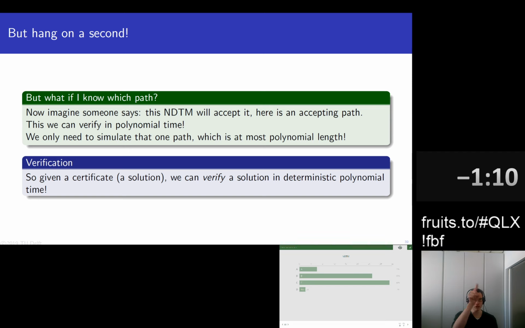And now you only need to check this one path. And checking that one path requires polynomial time. No more, no less. And that's great. So checking one path, we can do in deterministic polynomial time. Which means that for these problems, if I give you a certificate, a path through the non-deterministic Turing machine, in terms of problems, if I give you a solution, you can check my solution in deterministic polynomial time. And so our class NP